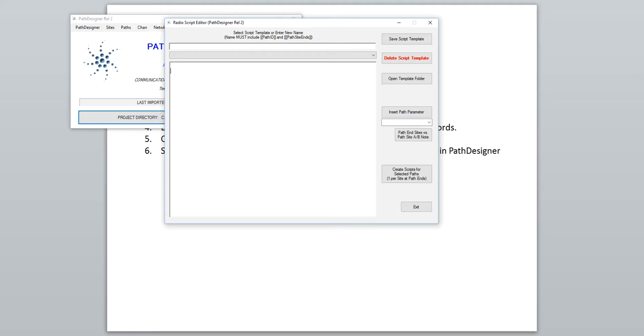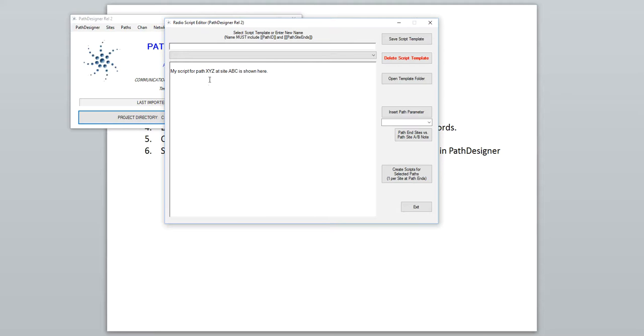Essentially it could be anything, but I'll just do something here. So my script for path, I don't know, let's just put X, Y, Z for now, at site ABC is shown here, and I'll just stop there. I can put as many lines as I want. So instead of having this